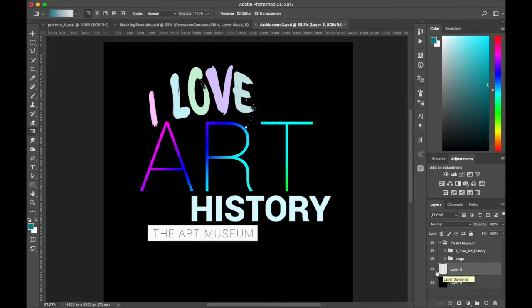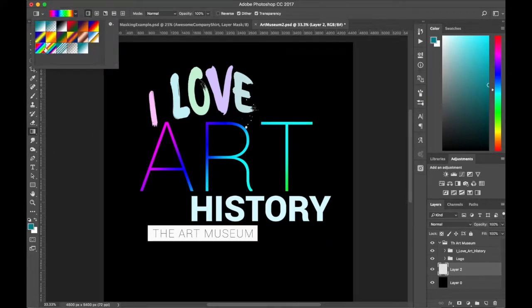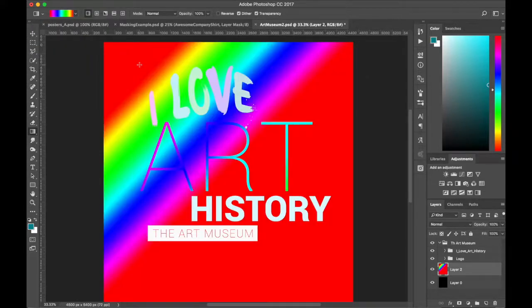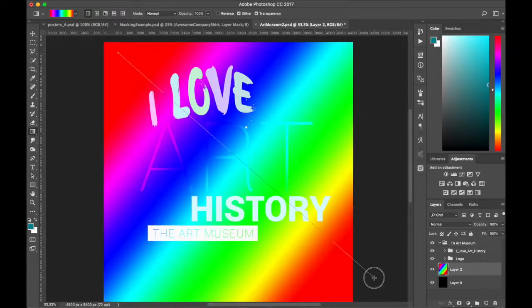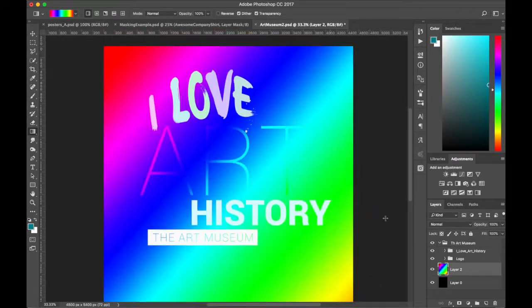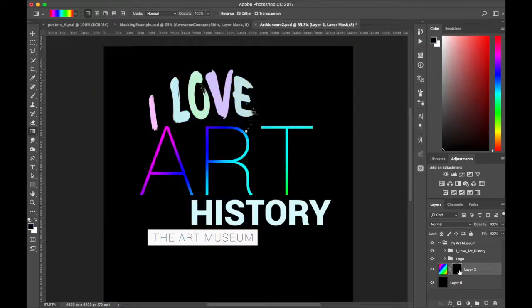So gradient, I hit G for gradient, and by the way, I'm just 100% experimenting with this, and we can have our rainbow gradient. Actually, I want a wider range of colors. There we go, that's better. And then what I'm going to do is select a mask, and then I just fill it black, and I'm going to get my paintbrush,